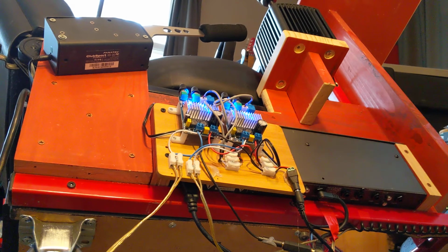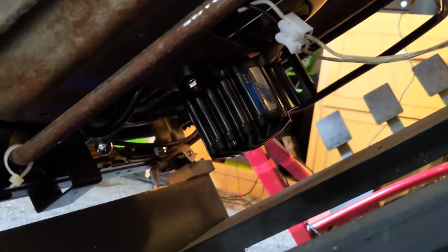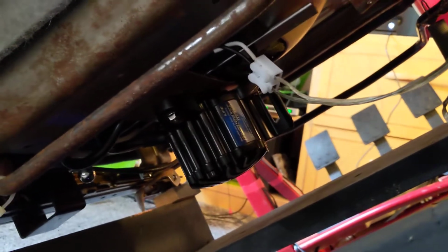So the basic components are, I bought a Buttkicker Concert Mini, which you see mounted in there under the chair, which I am pretty sure is the identical component that is in the Gamer 2. It's the same impedance, it's the same weight of piston. And then up under the pedals here,